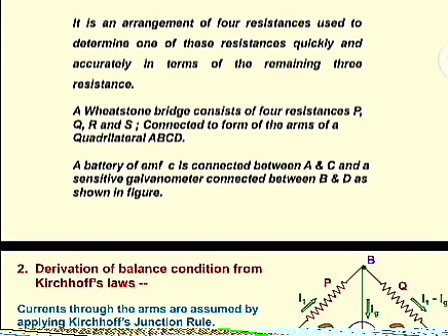When the bridge is in the balanced condition, that means the potential at point B and at point D is equal, then there is no current flowing through the galvanometer. It means Ig is equal to 0 in this balancing condition. Then apply Ig equal to 0 in the above equations, manipulate the equations and divide both, we get P upon Q is equal to R upon S. This is the condition for balancing the Wheatstone bridge.